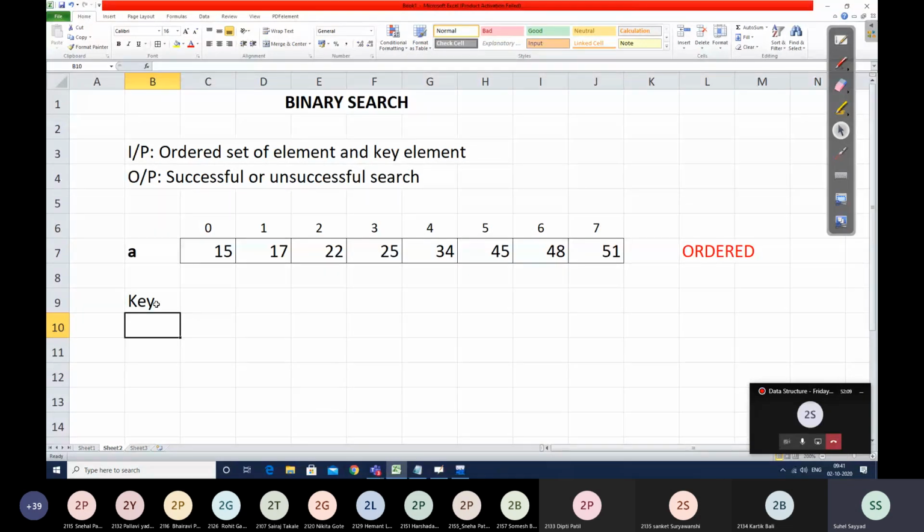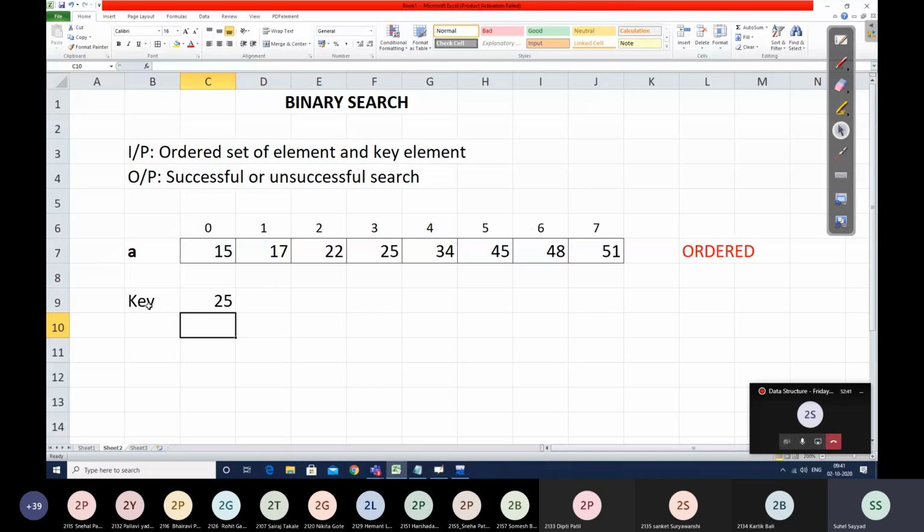Okay. So now one key element we have to search. Suppose I take the first example of a key element that I need to search as 25. We'll take multiple examples, but today we'll take one example before we close. We only have the next 5 minutes remaining. So I'll take one example today and we'll discuss more such examples for binary search logic in tomorrow's lecture. Suppose I ask you to search 25.